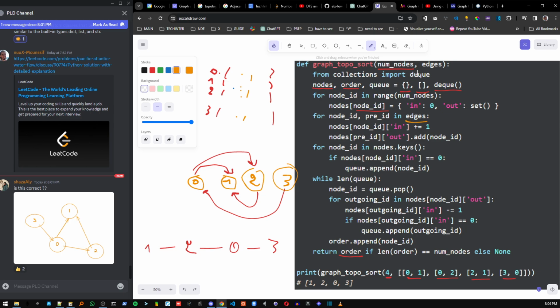Okay, now after we do that, we're gonna loop another time. This time we're gonna loop on edges. Edges is here, which is this matrix right here, and we're gonna unpack it into 2 variables. So I'm gonna have index 0 and index 1. Index 0 is gonna be the pre-ID and index 1 is the node ID. Then I'm gonna go to nodes, which is this hash table,